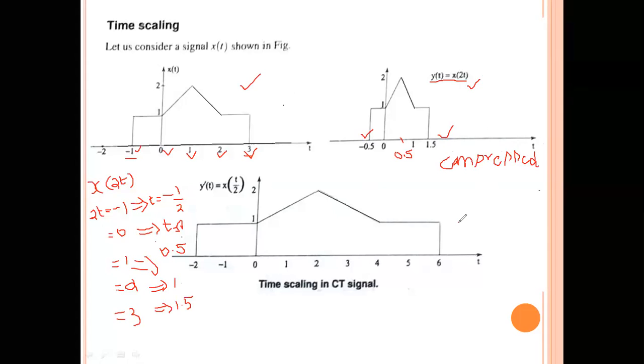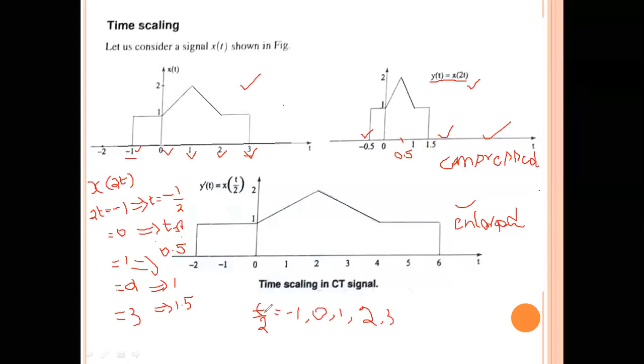Now similarly, look at this. This is the enlarged version. Now I am going to explain how this enlarged version also comes from the original signal. Just remember this one: x of 2t is a compressed version of x of t, and x of t by 2 is the enlarged version. Similarly, to have the starting point and ending point for the x of t by 2 signal, first of all, you must equate the time t by 2 with this one, -1, 0. So this is 1, this is 2, and this is 3.